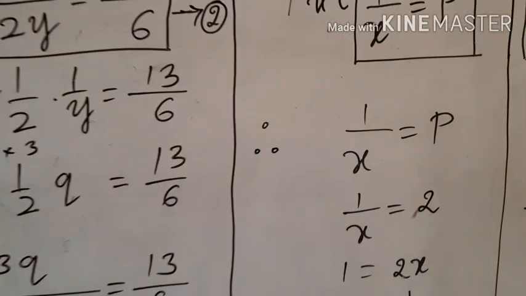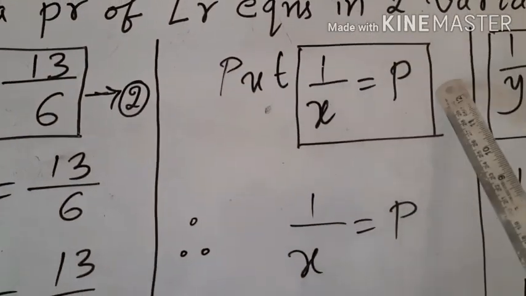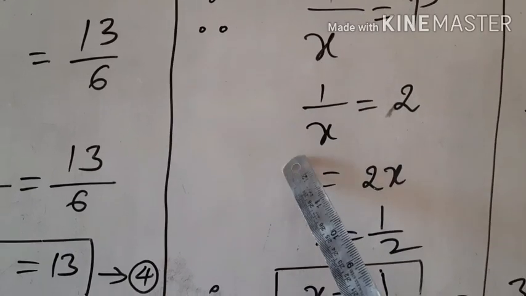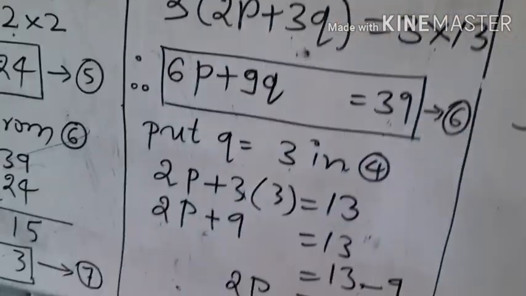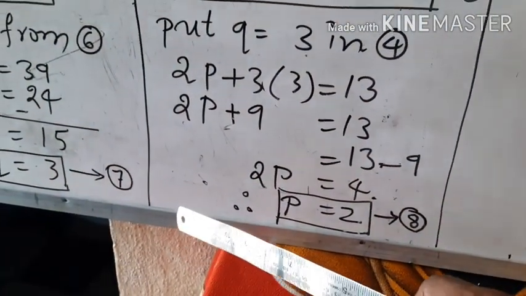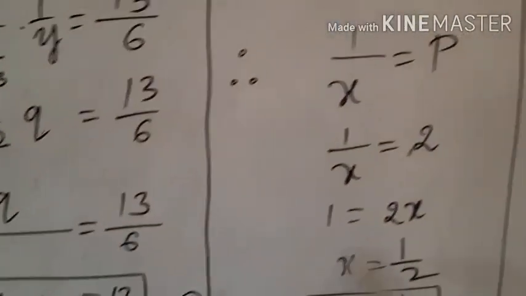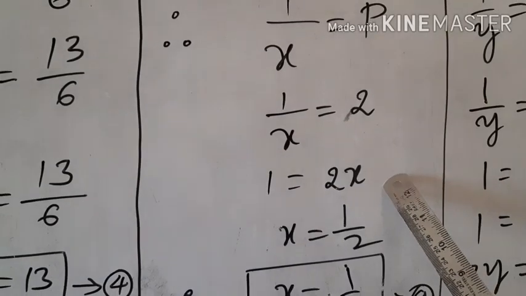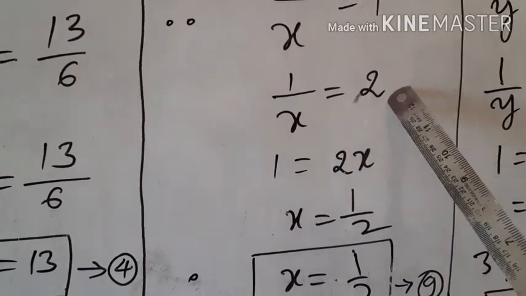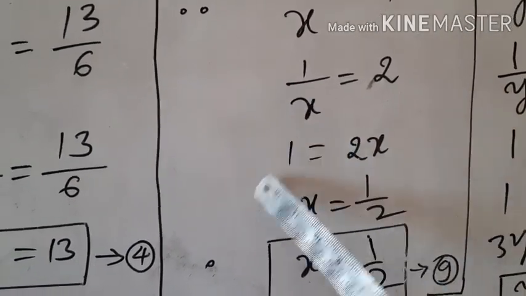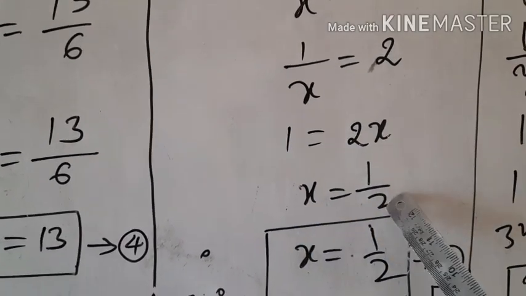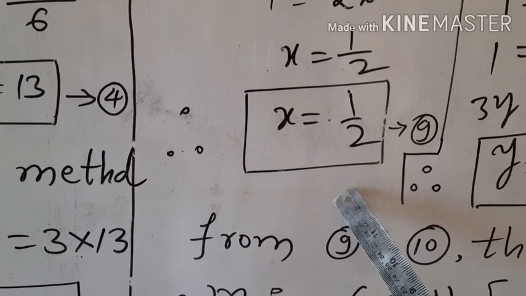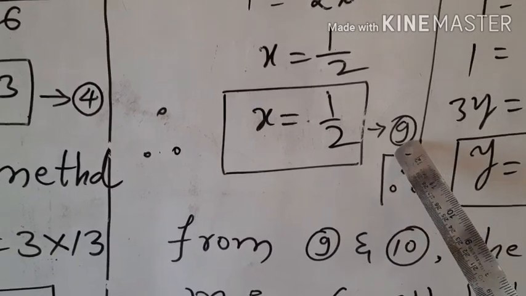But in the beginning we have taken that 1 by x is equal to p. Okay. Therefore 1 by x is equal to p, and 1 by x is equal to 2 because, see here, from equation 8 p is equal to 2. Therefore I put p is equal to 2 here. Right. It is 1 equal to 2x, because divided by 2x comes this side becomes into 2x. Thus 1 into 2x or x is equal to 1 by 2. Therefore x is equal to 1 by 2 is the value of x. And I call this equation 9.